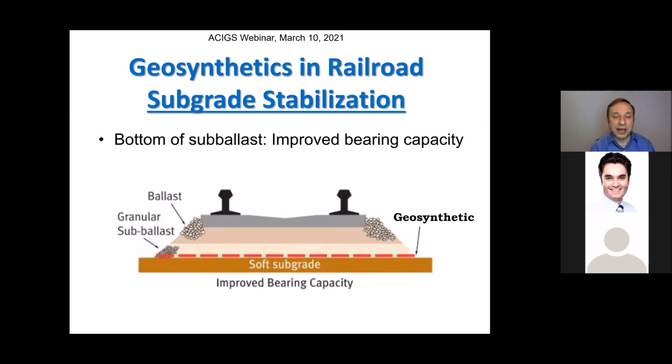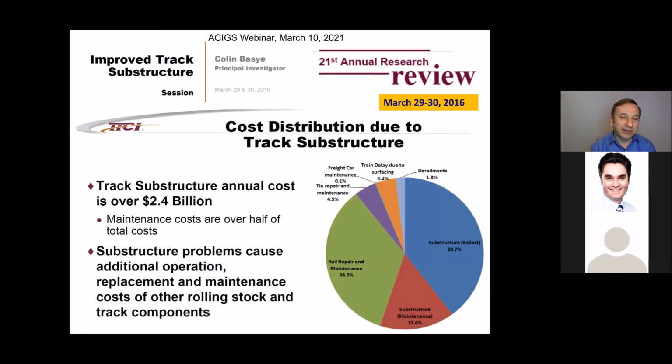In that application of soft subgrade stabilization, the geosynthetic is typically placed at the bottom of the subballast layer, improving the bearing capacity of the soft subgrade and of the system. However, I'm not going to talk about subgrade stabilization in this presentation. I will focus and concentrate on ballast stabilization, and the reason why is very nicely shown